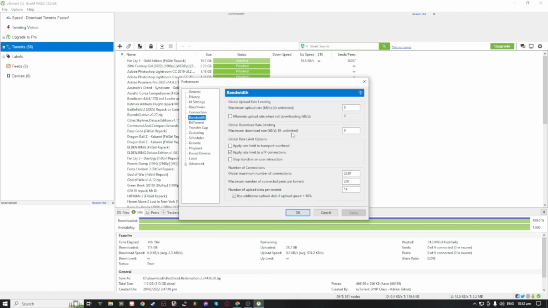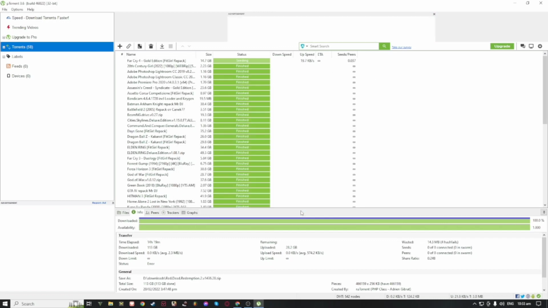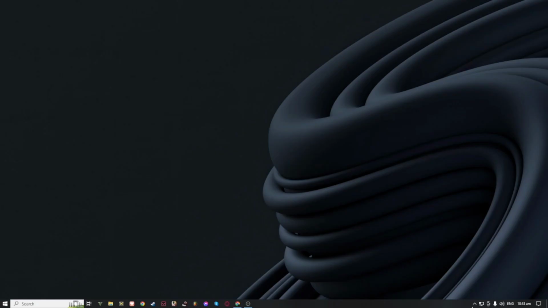If not, you can go to the preferences and go to the connection or the bandwidth. Set this maximum download to 0. It should be 0, and in the connection, go to enable UPnP, and also enable that one in this one. Make sure these three are enabled for you to have a good connection and for your download to resume, and click OK. And then, if it doesn't work, just restart your uTorrent